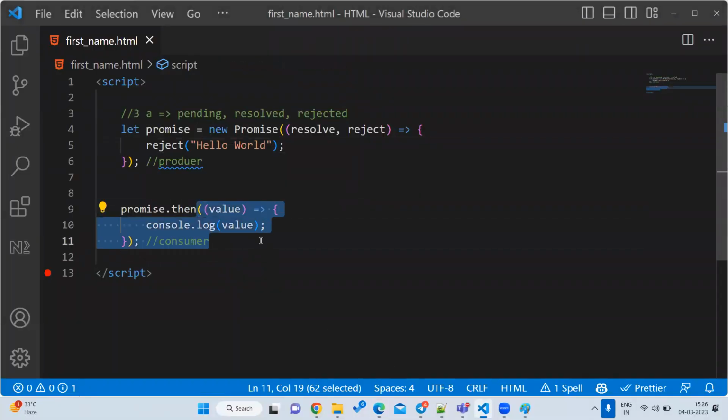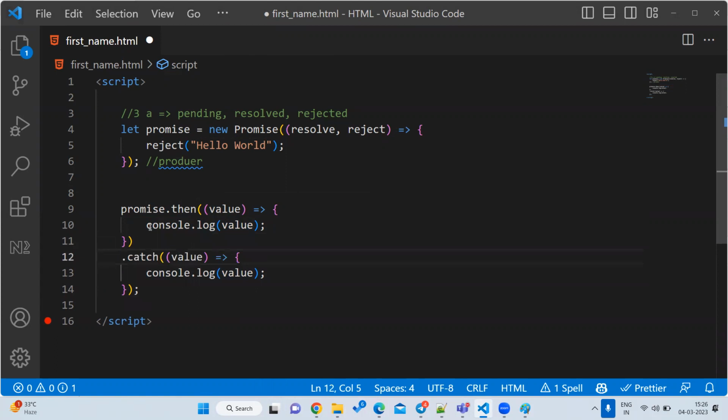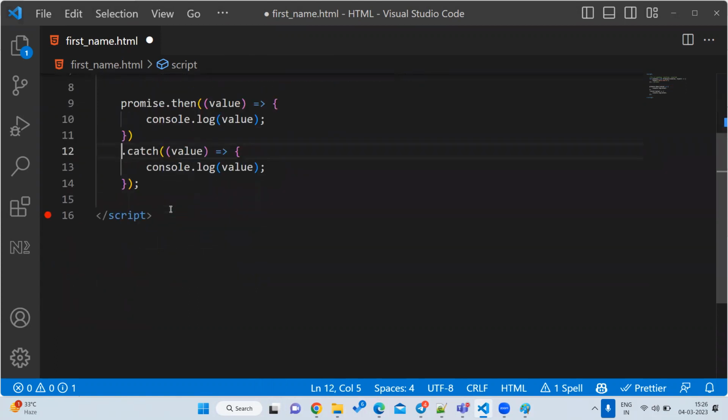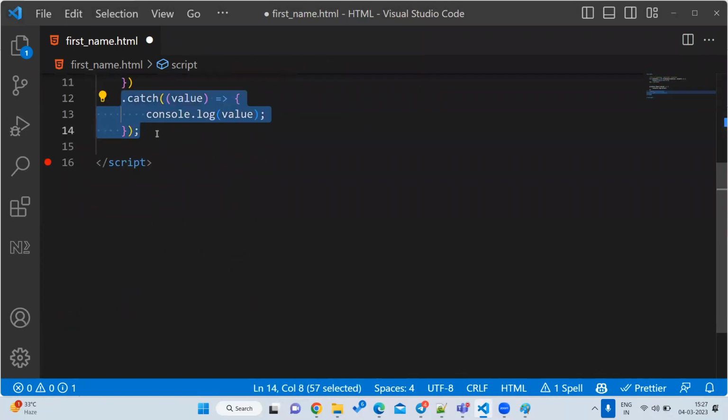So if it is a success, it will get your first value. If it fails, it will not come here. Suppose it fails, I want to handle that event also. I don't want to stop my program, I want to handle it. That is the reason I can write another block called catch. We have seen catch in try catch finally, whenever there is risky code. This catch does not belong to that catch. Here catch is a method which is available in the promise. Whenever you call reject, automatically this catch will be executed because you are going to throw an error.